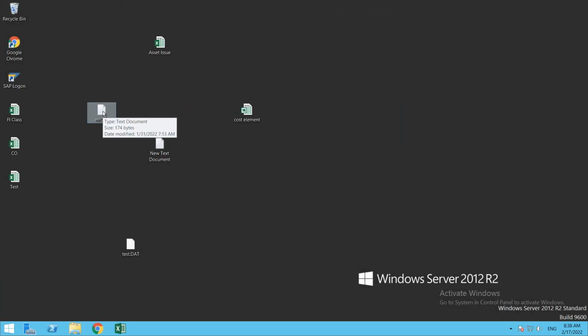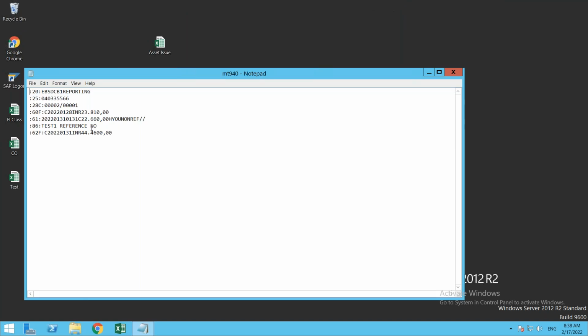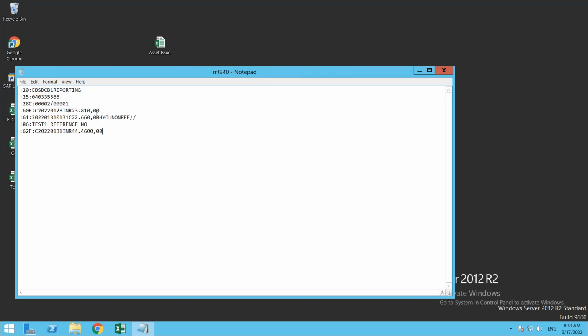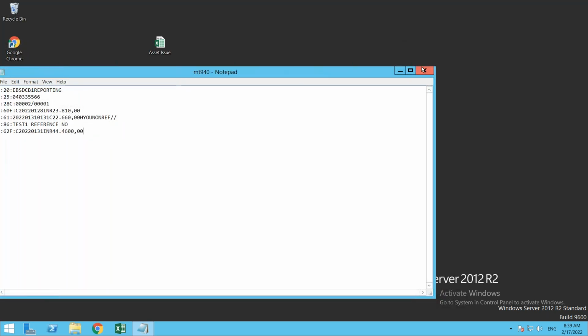Once a DME is generated and sent, this is the bank file. The bank sending to your system is called a bank statement. This is one format. We have several formats of receiving the statements into the SAP system at the time of BRS. So this is a BRS file sent by the bank. This file will be uploaded in the system and your check clearing account will be nullified automatically. This is the complete automation process which we are executing in our system.